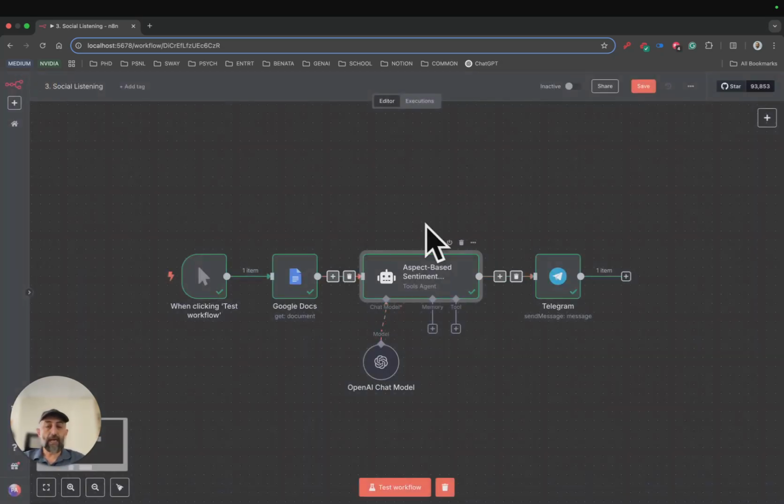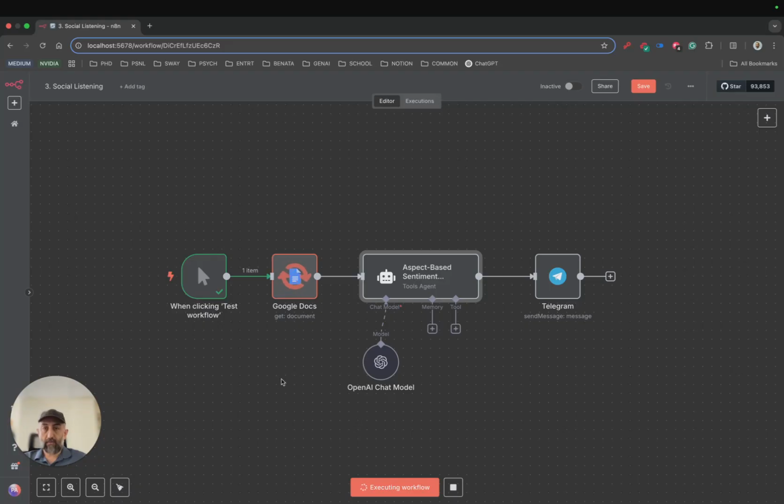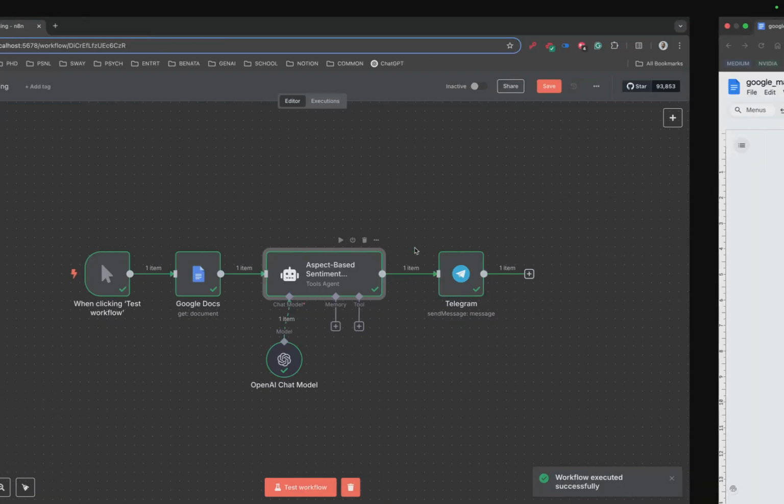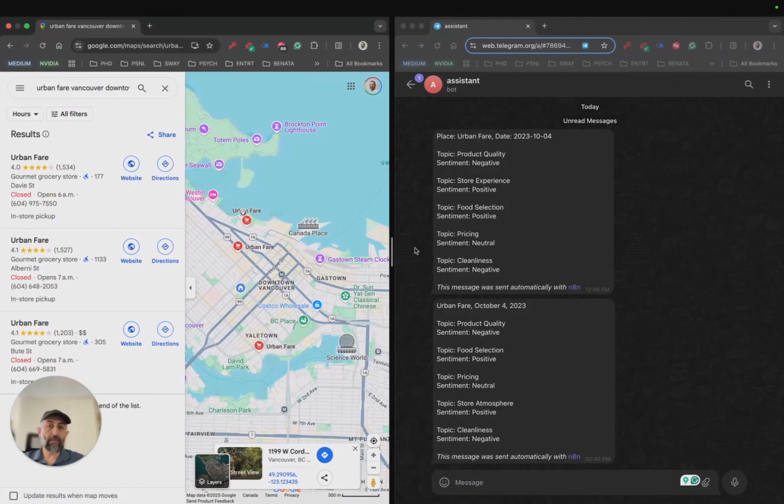Good. And then I ask the model to send the results to a Telegram bot, and the owner of this workflow, the owner of this project, can receive all the data and all the reports within the Telegram service. So if I want to show you, when I run this test workflow button, the data gets retrieved, the model starts running the analysis, and the results are exported to Telegram. Let me show you how this result may look.